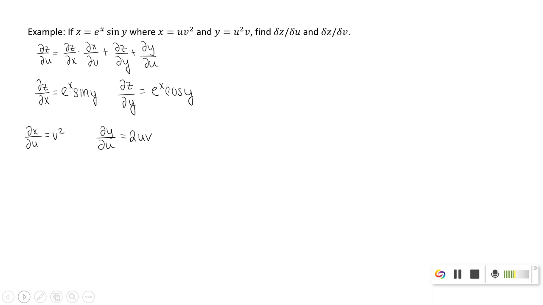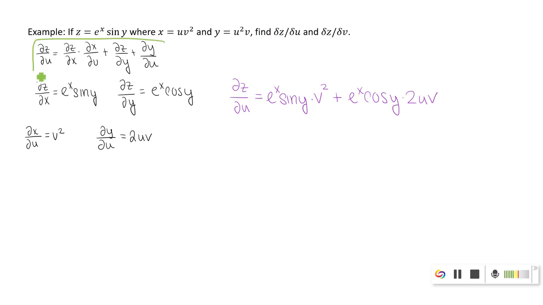All right, and then if x is uv squared, dx du is just v squared, y is u squared v, so dy du is 2uv, and then we'll go ahead and plug that into our formula. So I took those derivatives, plugged them into my chain rule formula,